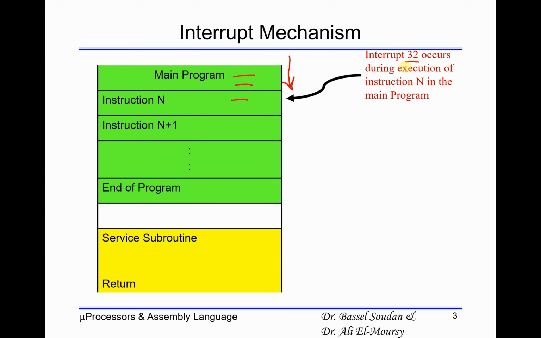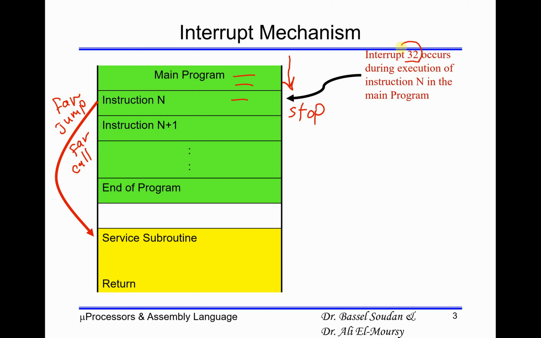If interrupt 32 occurs during the execution of instruction n here in the main program, the microprocessor will stop executing my main program at instruction n, and it will make a far jump, or we can call it a far call, to the ISR, interrupt service routine, in particular for the